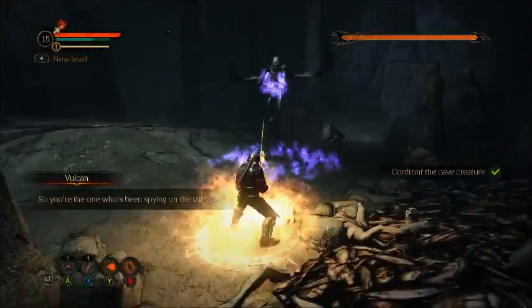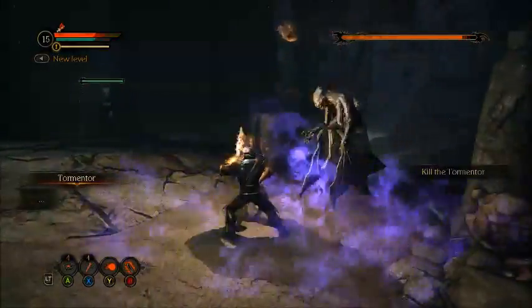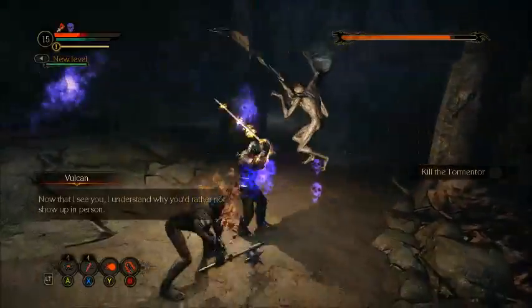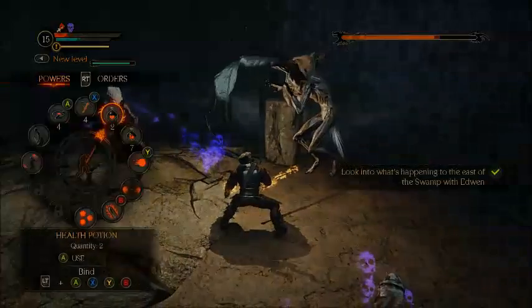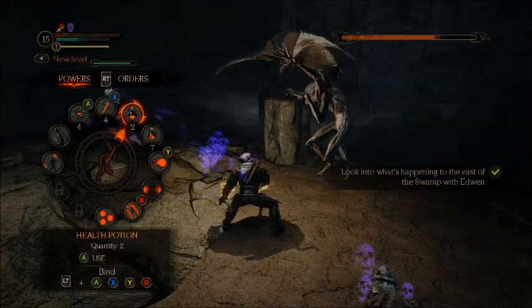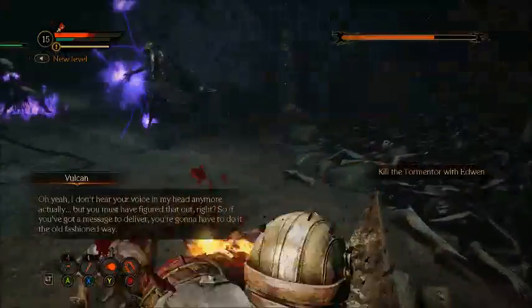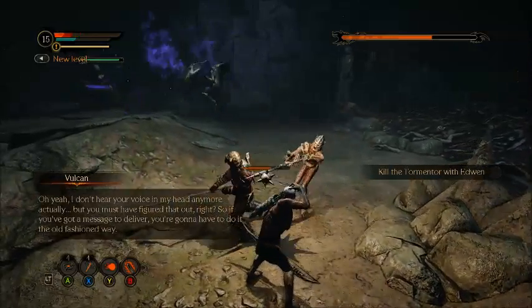So you're the one who's been spying on Purge. Now that I see you, I understand why you'd rather not show up in person. I don't hear your voice. So if you've got a method,